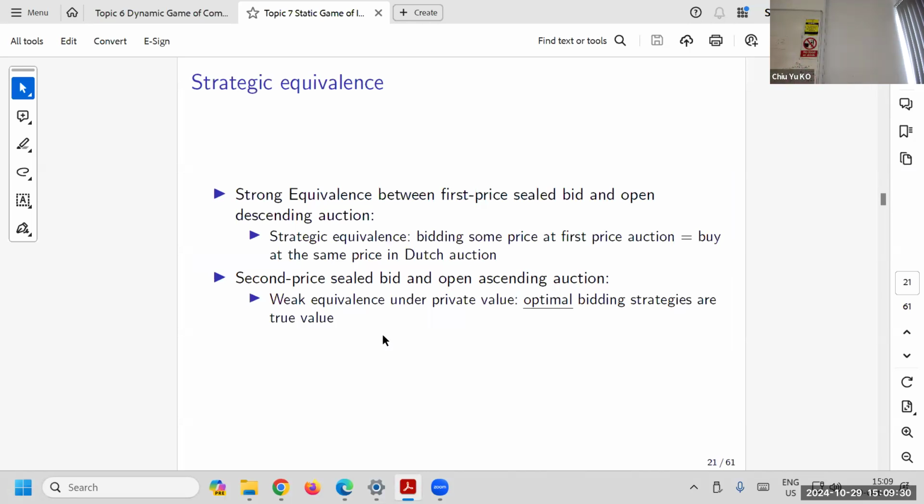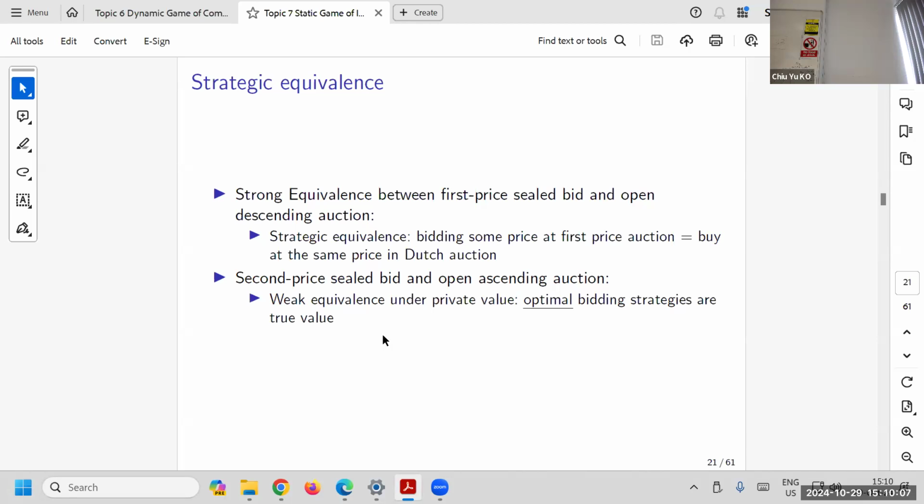So the first thing I want to say is the simultaneous auction in the same room or asynchronous auction, and that's equivalent. It turns out to be the ascending auction, the English auction. In the same room, the price goes up until one person drops out. It is the same as the first price auction. The idea is that if you decide in an English auction when to drop out, it's the same as the price you submit.